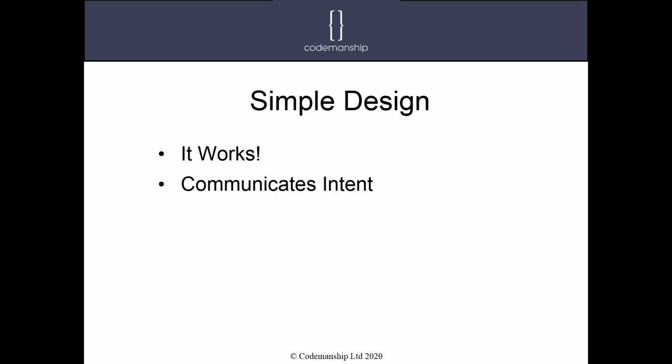Provided that it works, the next thing that we worry about is whether the code clearly communicates its intent. In other words, we can understand what the code is doing just by reading the code. The code tells its own story. And that's a whole discipline there about communicating through code. So we make sure it works, we make sure that it's easy to understand, that it clearly communicates its intent,